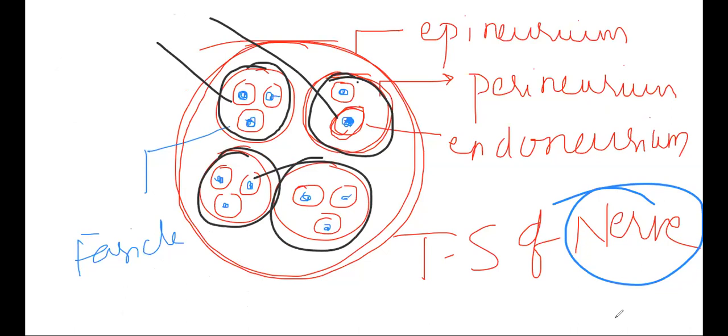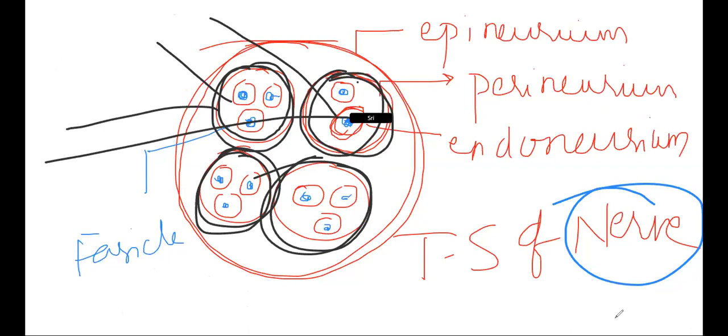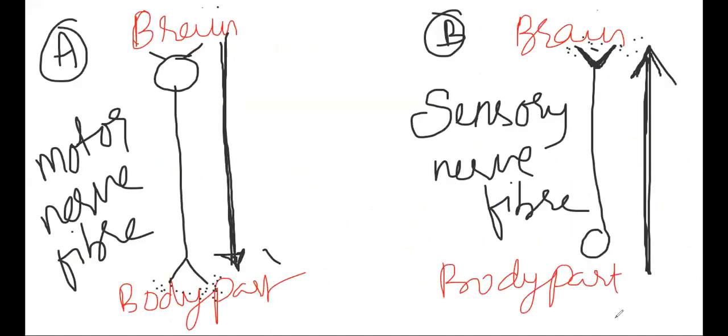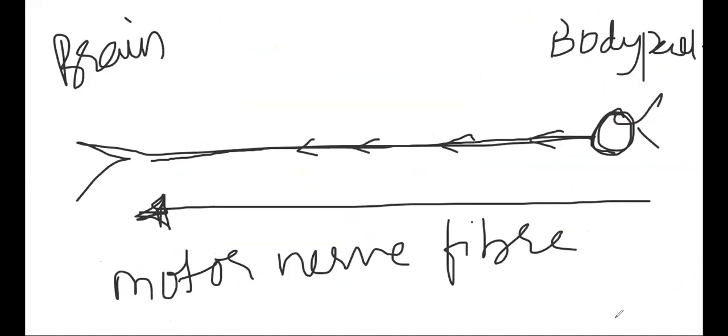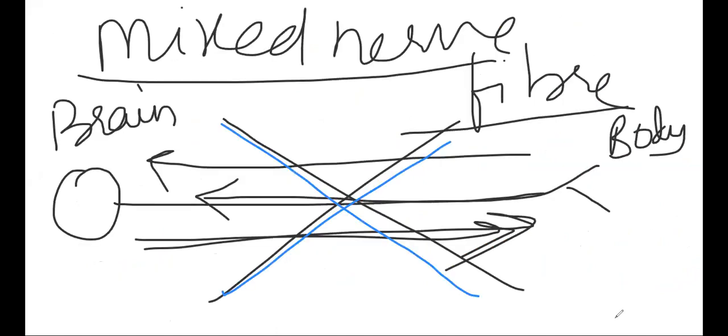Then what is oculomotor? Oculomotor means motor nerve. So that means all the four bundles are motor. Okay. Next, trochlear. That is motor. Trigeminal, that is mixed, meaning some bundles are sensory, some bundles are motor. Okay. So that will be helpful for us to understand the difference between a mixed nerve as well as a mixed nerve fiber. There is no possibility of a mixed nerve fiber.